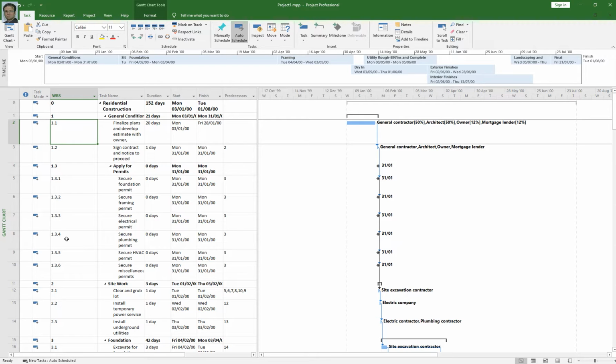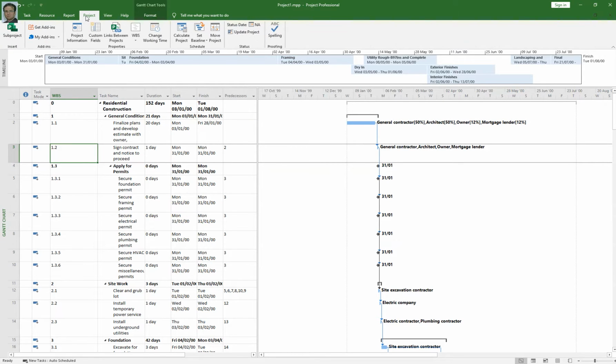So how to do that? Click on project tab, then click on work breakdown structure. When you click on WBS, you see you have define code. So just click on define code.